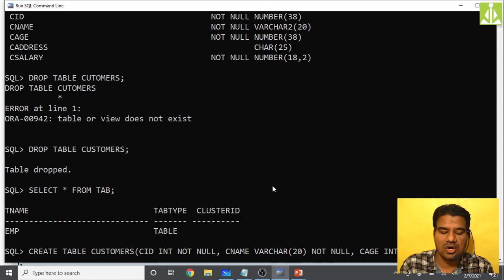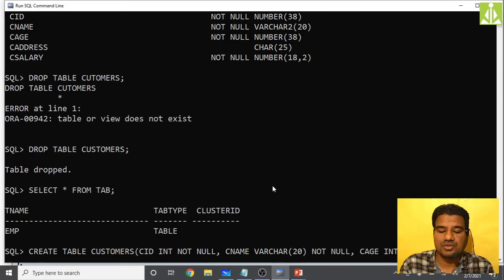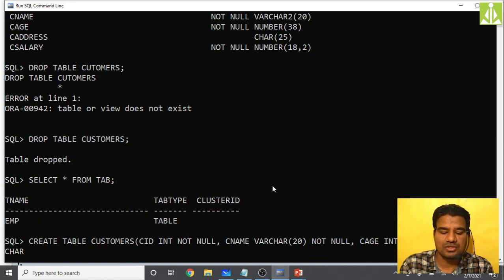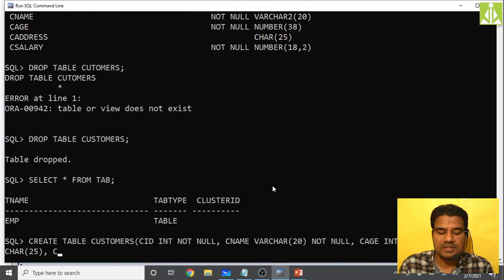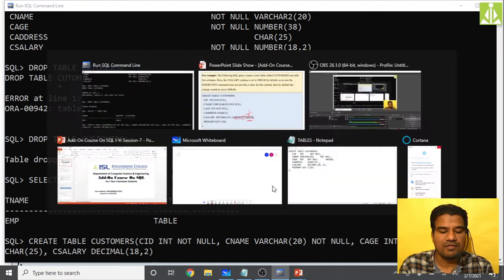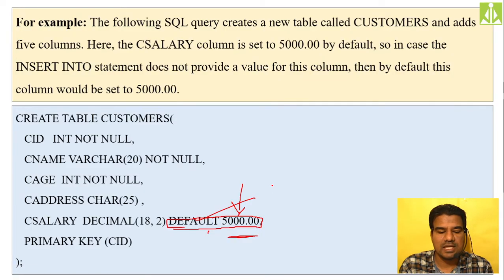Then the fourth one, C address character 25, it can be null, and we are not imposing the not null constraint here. Finally C salary decimal of 18 comma 2, and for this C salary we need default 5000, with the decimal points as well. C salary is the last one.